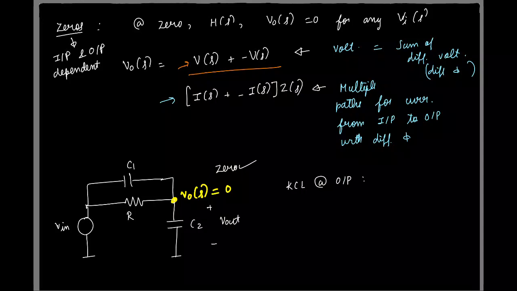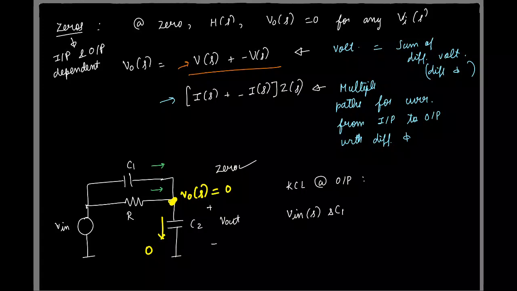So here I know that this voltage is 0. So what is this current? That's also 0. So now we can add up these two currents and make it 0. So what are the currents? V1 by R, V1. So Vin of S